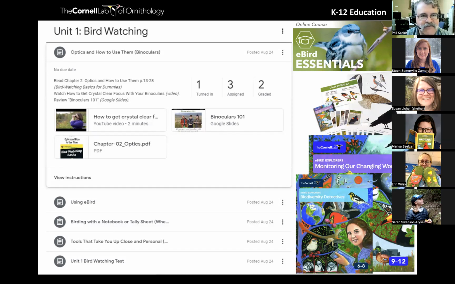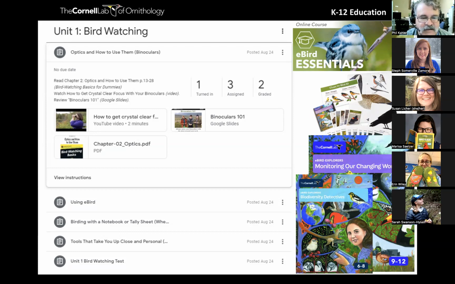And then the rest of my curriculum, I pull resources from the eBird Explorers series. Both the high school and the middle school editions have different things that I've found very useful. I love the posters with the silhouettes on the flip side, and the Cues to Bird ID poster is just awesome. Both of those kits contain those.